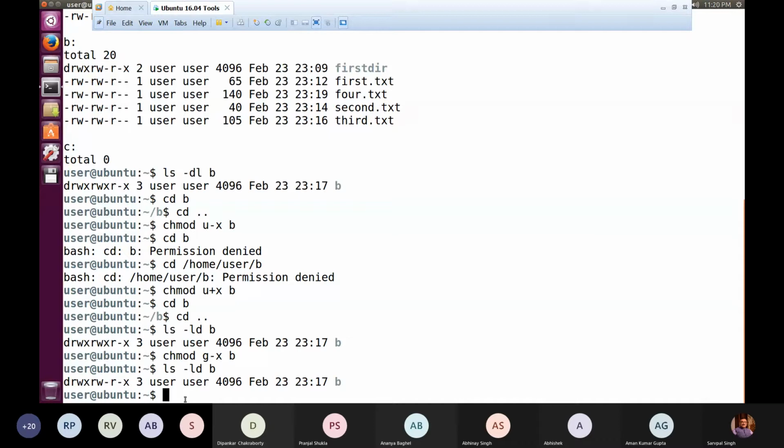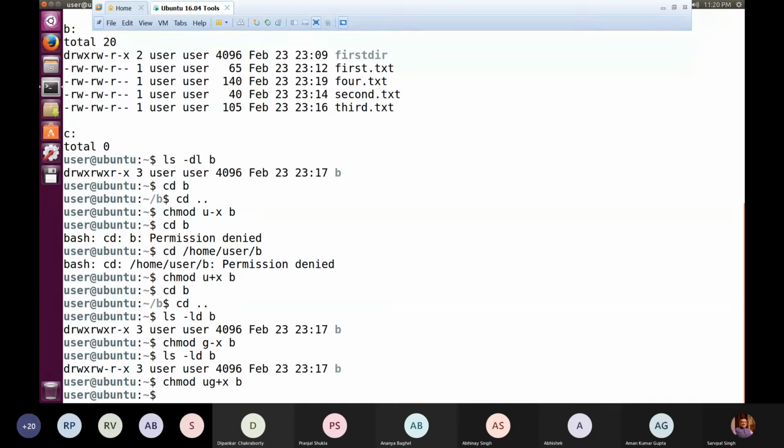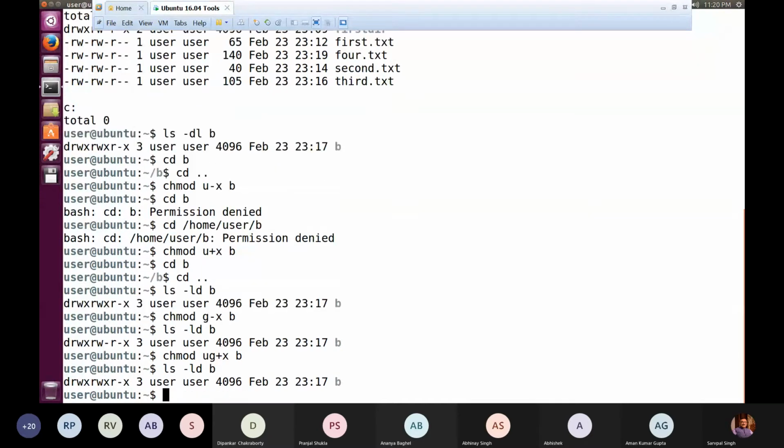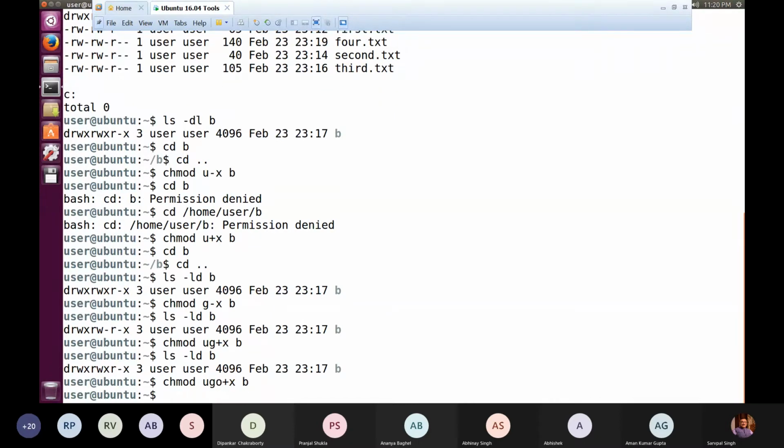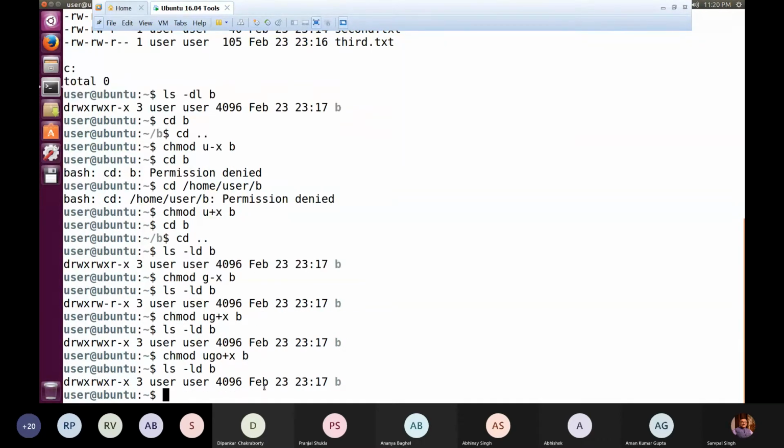So now similarly, if you wish that we should add X permission to both users and group, then in a single go we can specify chmod ug+x. By the way, since I have not revoked the permission X from user, X was already there. But anyway, if I repeat the previous display, here we have X again. And if we are further modifying it and executing ugo, and then we write X permission, that means now if you look at the permissions of the directory, okay, just a minute.